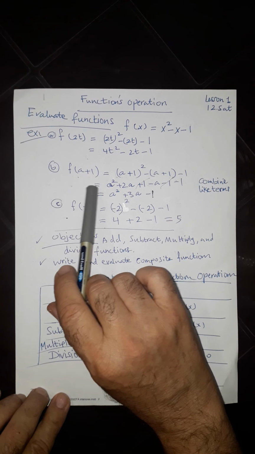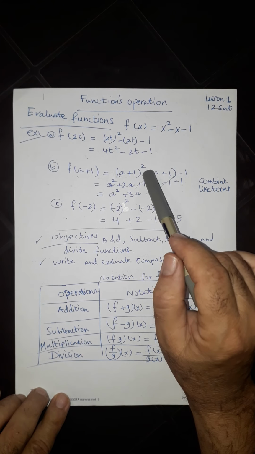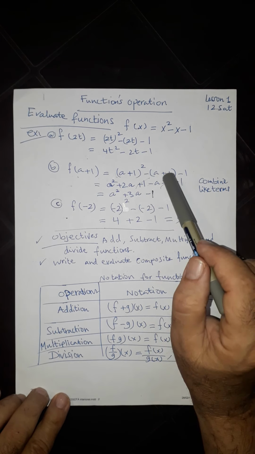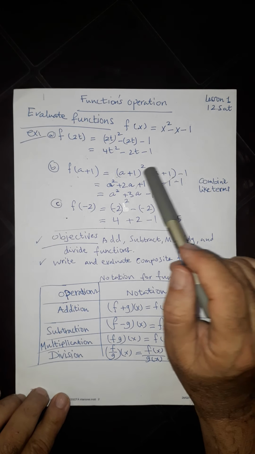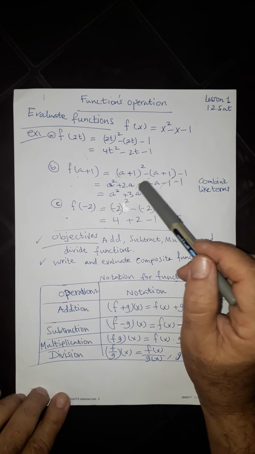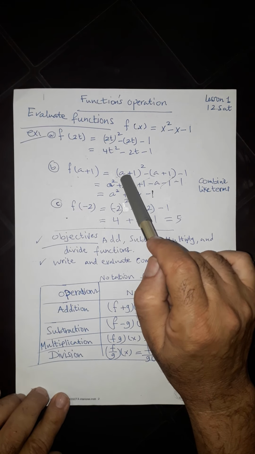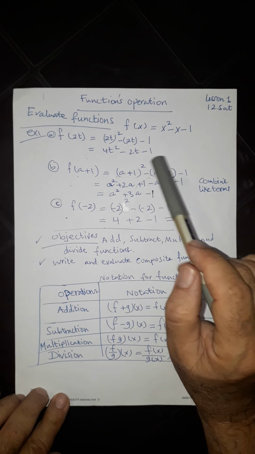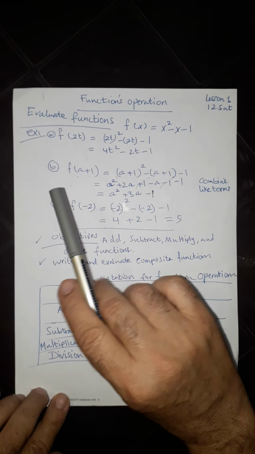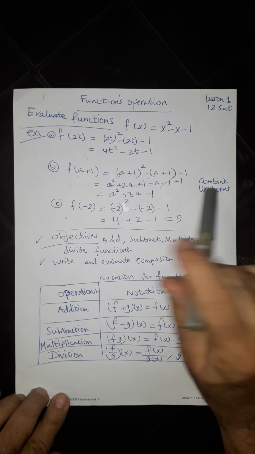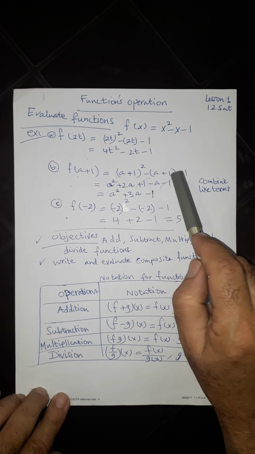What is f of a plus 1? F of a plus 1, you need to replace x by a plus 1, so it becomes a plus 1 squared minus, open bracket, a plus 1, minus 1. A plus 1 squared equals a squared plus 2a plus 1. This is just like multiplying a plus 1 times a plus 1, and you do the distribution over the brackets. And then you perform this operation, and then you combine like terms, and you should end up with a squared plus 3a, because 2a